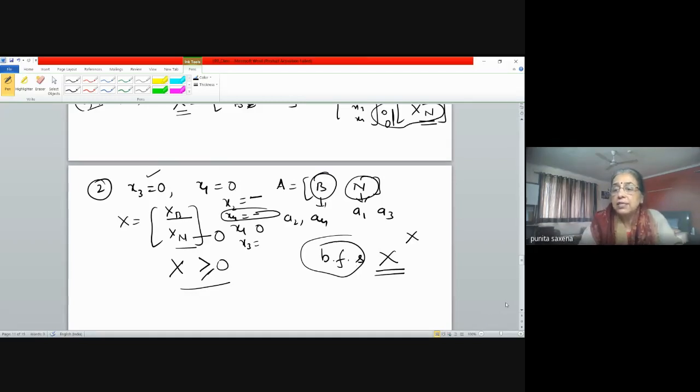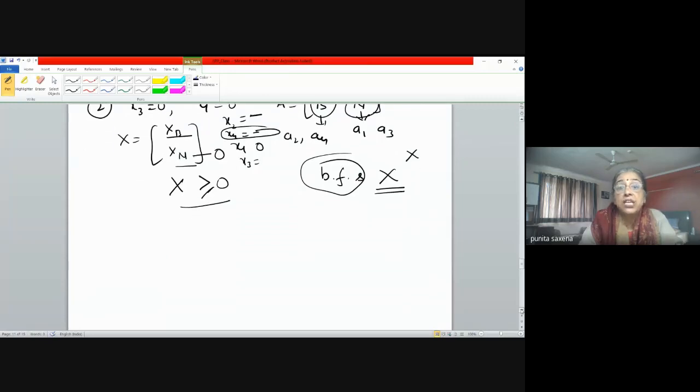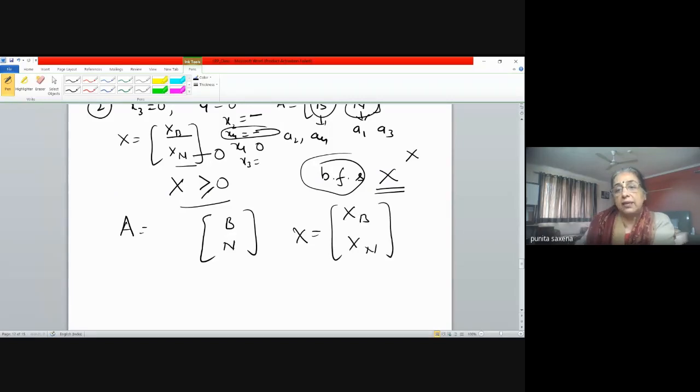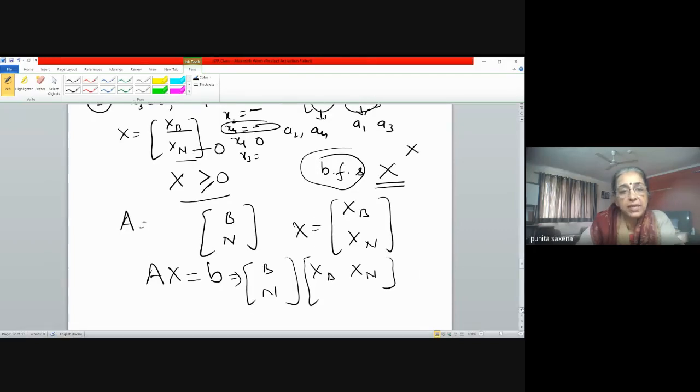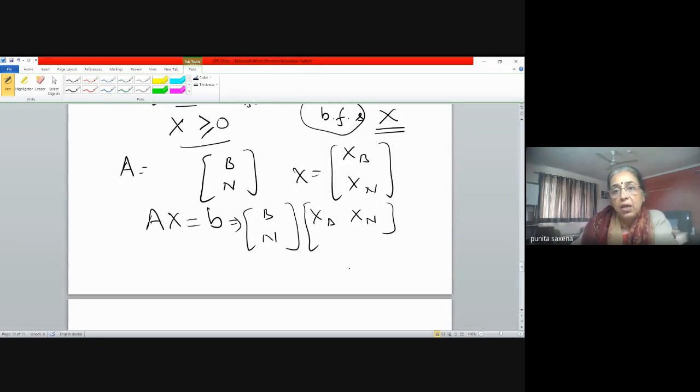Is this clear? So basically what we are doing is at every stage, we are changing our A. जो हमारा A था उसको हम हर बारी दो पार्ट्स में स्प्लिट कर रहे हैं, B और N। हम अपने X को दो पार्ट्स में स्प्लिट कर रहे हैं, XB और XN। हमारा सिस्टम ऑफ इक्वेशन क्या है, AX = b। सो बेसिकली सोल्यूशन BXB और NXN से आ रहा है, क्योंकि प्रोडक्ट डिफाइन करना है। AX = b का मतलब यही हुआ ना कि A को हमने कैसे लिखा है, कॉलम्स कॉरेस्पॉन्डिंग टू द बेसिक वेरिएबल्स एंड द कॉलम्स कॉरेस्पॉन्डिंग टू द नॉन बेसिक वेरिएबल्स, और हमने अपने वेरिएबल्स को भी उसी अकॉर्डिंगली सब्स्टिट्यूट कर दिया। बट XN तो हमेशा 0 है। इनफैक्ट इसका मतलब क्या हुआ, BXB + NXN = b, अगर हम मैट्रिक्स इक्वेशंस में लिखें तो।